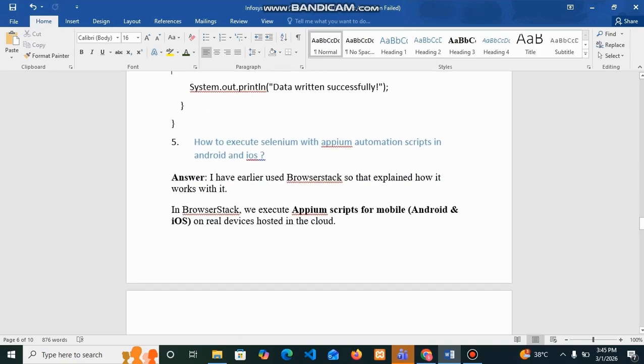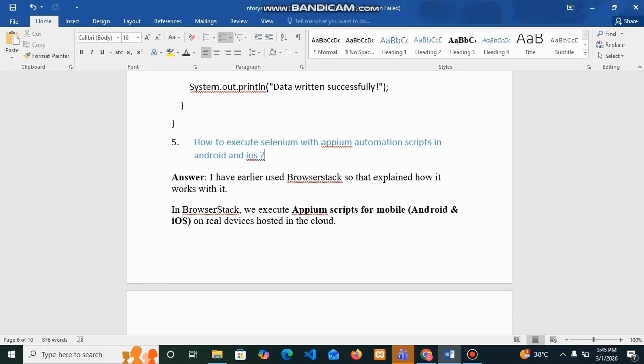The next question was about Selenium with Appium, and he asked how to execute Selenium with Appium advanced scripts with Android and iOS. Whenever you use Windows machines, we can run scripts only on Android with Android emulators or Android Studio.